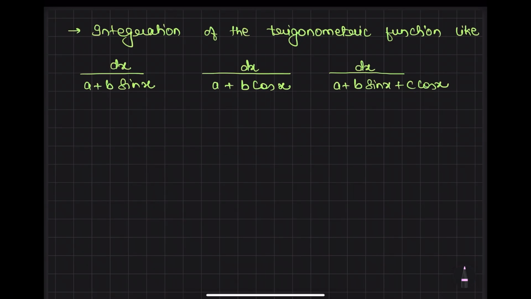So suppose that we have to integrate a trigonometric function which involves, in the denominator, linear power of sine and cos, meaning sine is having power 1, cos is having power 1, or the combination of sine and cos is having power 1. Okay, so again you know that you are dealing with trigonometric functions, so you have to take help of tan theta. So what we have to do,